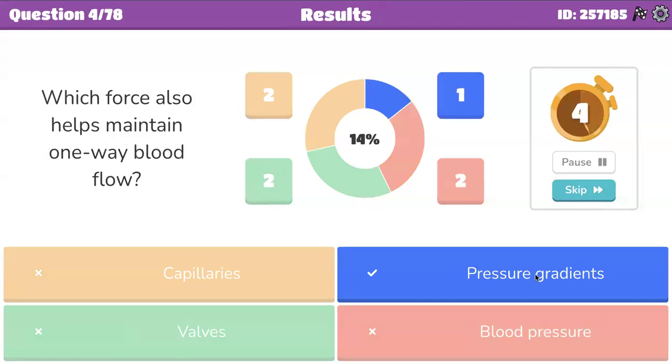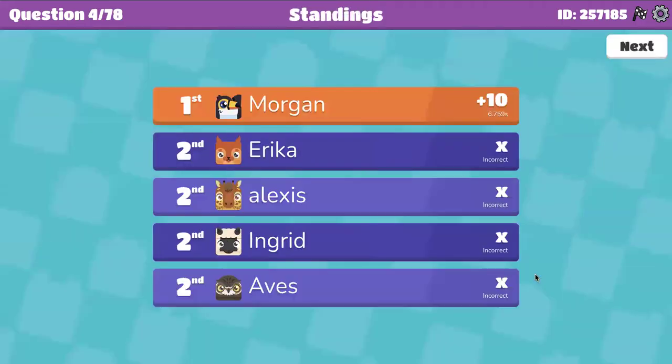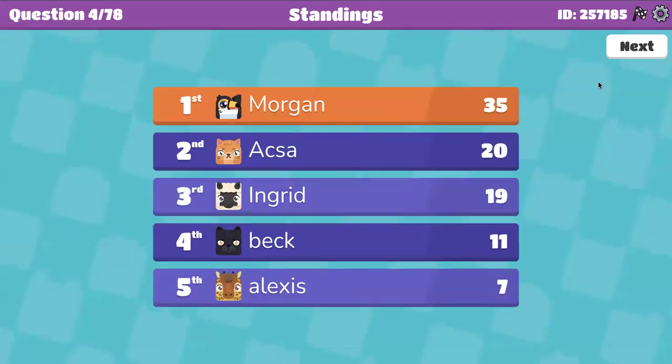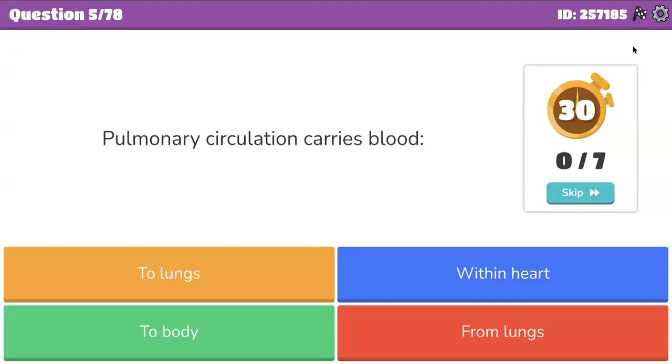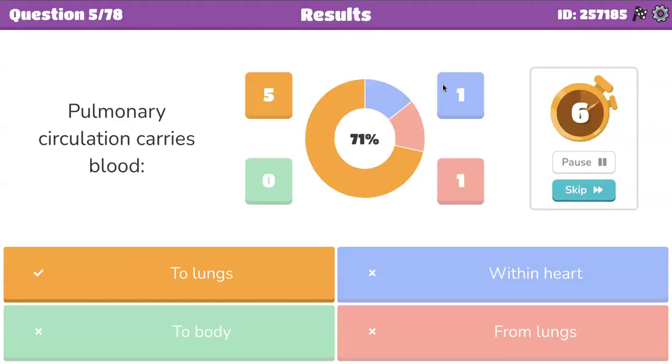It's the pressure gradient. So arteries, they have a lot of fast-moving blood, a lot of pressure, so it could bring the blood from our heart to the rest of our bodies, which takes a lot of work. Blood pressure, it's a different thing. It is when you have a hose and you put your thumb on it and the water goes from moving fast to really fast. That's blood pressure. And especially if you're working really hard, then the blood pressure will increase. Or if you have clogged arteries or veins with buildup, like plaque, then it can cause more